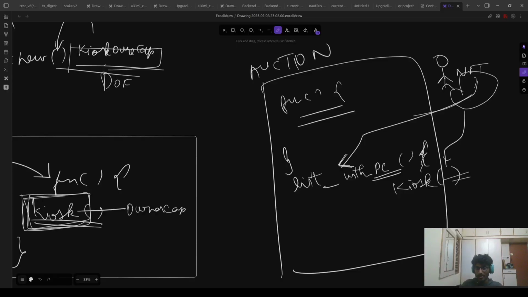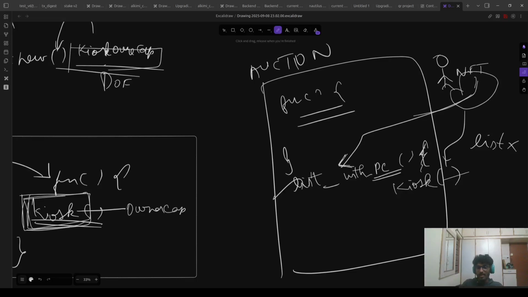So the point I'm coming to make is, why are we using list with purchase cap and not a normal list? Why not a normal list, and why list with purchase cap? That is something we need to discuss. In our exact auction model that we are talking about, list with purchase cap is necessary and list is not necessary, because